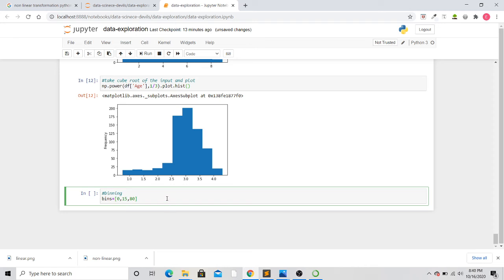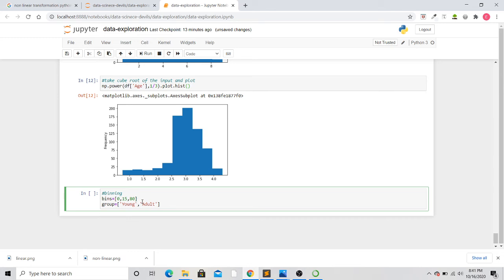And then I want to make groups. Like I want to say that from 0 to 15, if a passenger on the Titanic ship has an age in this range from 0 to 15, I will say that he is young, and if it is from 15 to 80, I will say that he is an adult. So for that we need another list called group to specify the group names. The first group name is young and the second group name is adult. So we have successfully made the bins and also the groups.